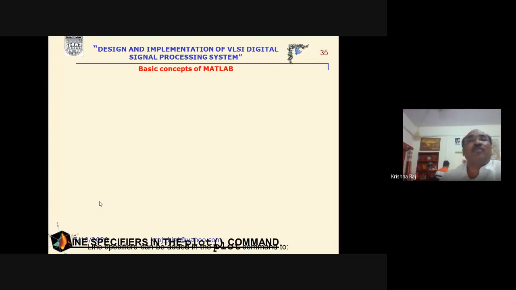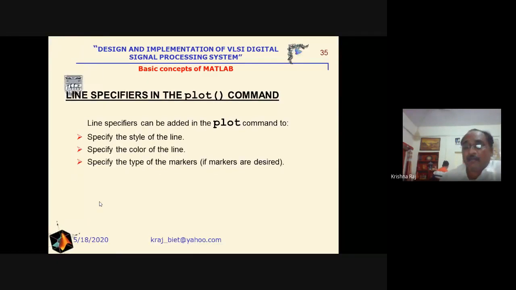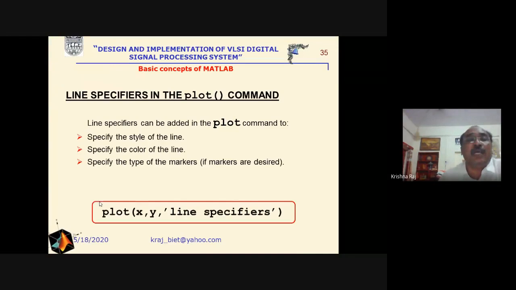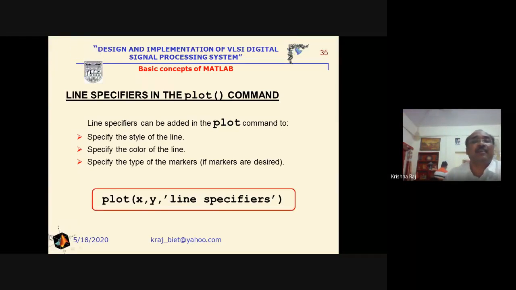Now suppose we are interested again in the plot, but this time we are interested to draw the plot having a different color, style, and marker. So for that purpose, we have to use the line specifiers. That is the plot x comma y command, same command, but in the simple inverted commas here we have to specify the line specifiers.